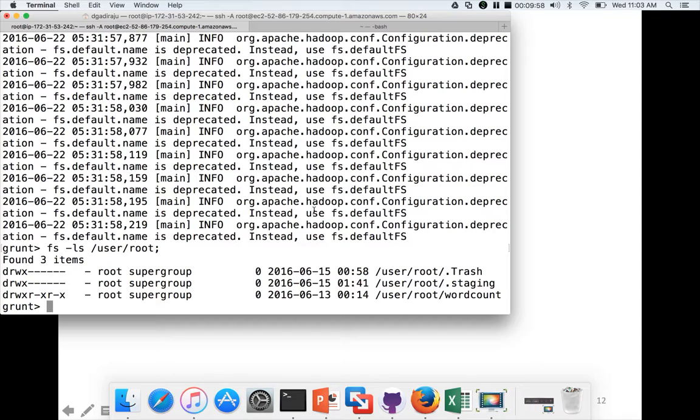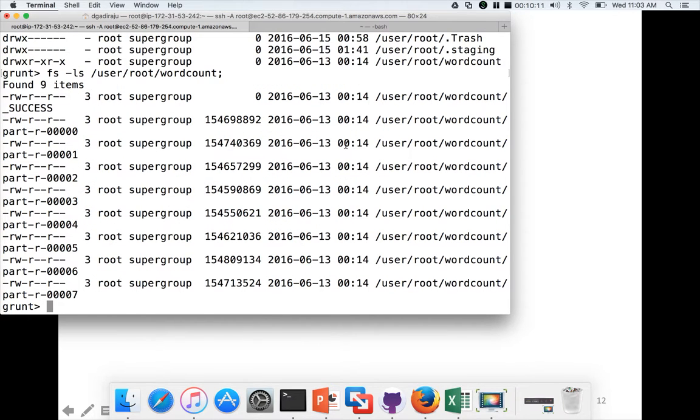So first let us see what is there in this /user/root/wordcount directory. For that you can run fs -ls /user/root/wordcount and hit enter. There are multiple files here. First we give a variable name.